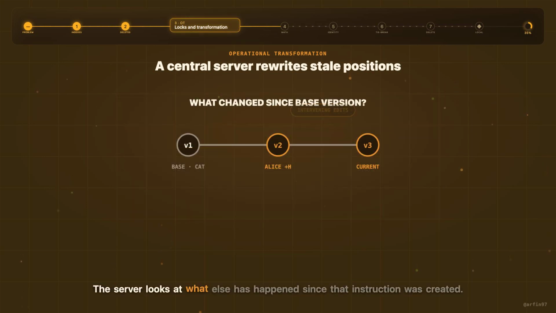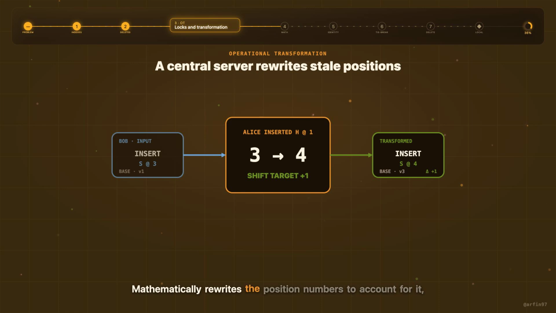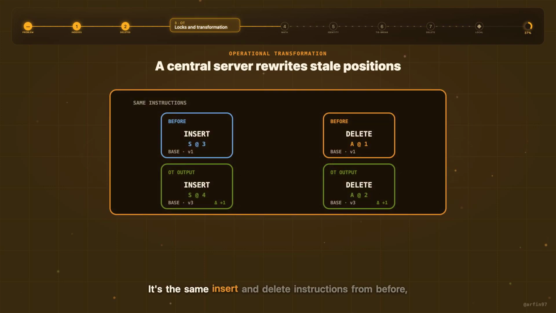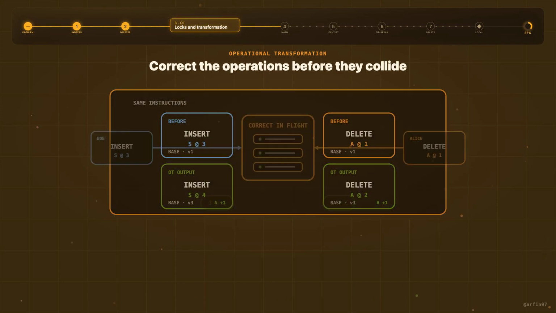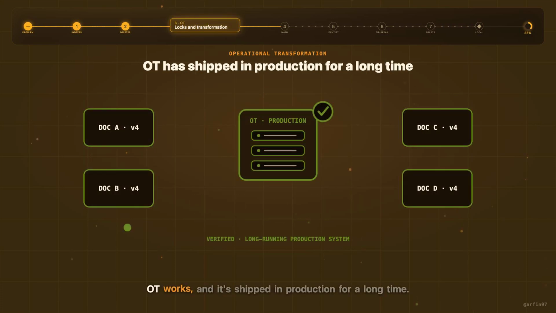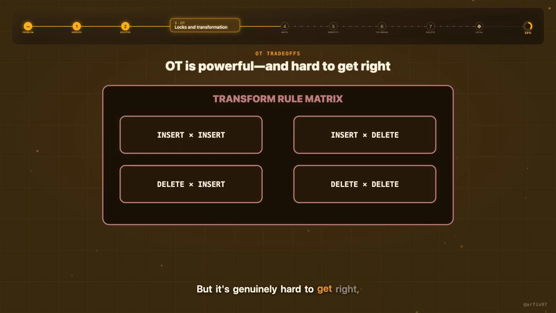The server looks at what else has happened since that instruction was created, mathematically rewrites the position numbers to account for it, and only then applies and broadcasts the result. It's the same insert and delete instructions from before, just corrected in flight before they can collide. OT works, and it's shipped in production for a long time, but it's genuinely hard to get right, and it